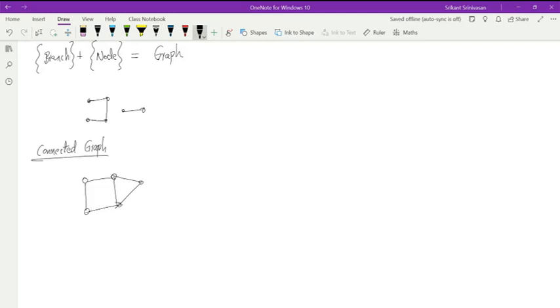So this is the connected graph, and then it can have a subgraph. So a subgraph can be this. For example, this is 1, 2, 3, 4, 5. Then I can have a subgraph which has, say, 1, 2, which is just like this. So this is a subgraph. It is a part of the original graph, and this is known as a subgraph. Okay.